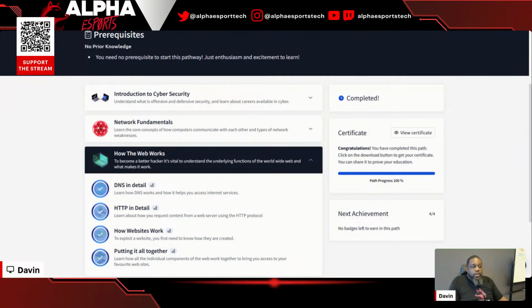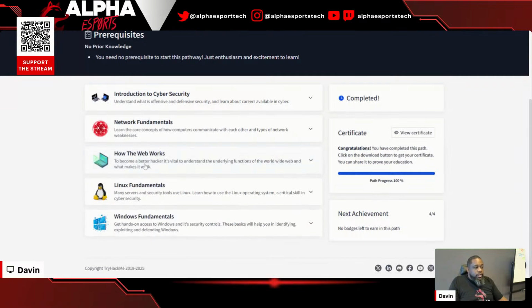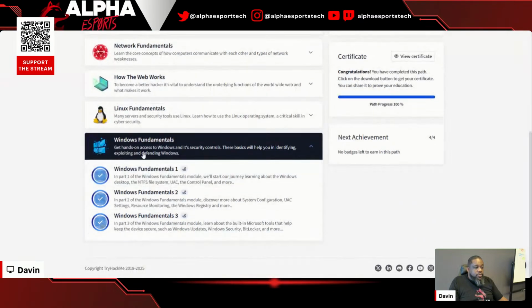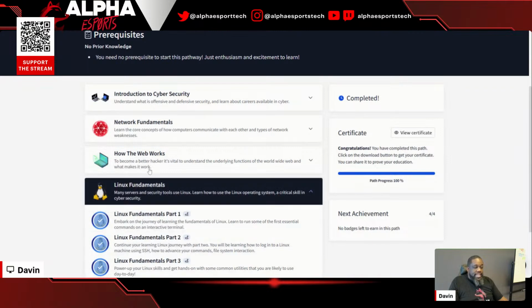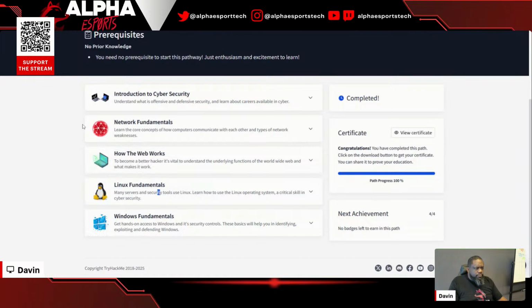All right. So, like I said, we're going to come back to how the web works after we finish Windows fundamentals, which comes after what we're doing today. Today we're going to start with building out our virtual environment. Now, when building out your virtual environment, you want to make sure that your PC has a decent amount of